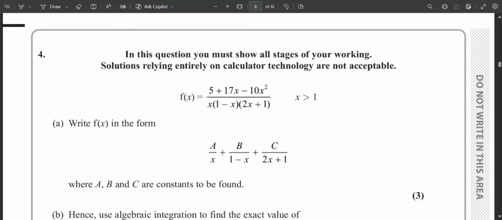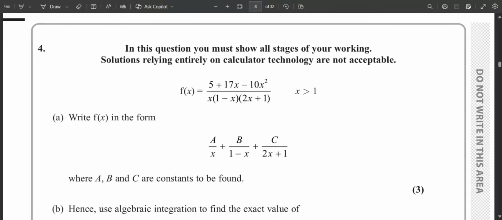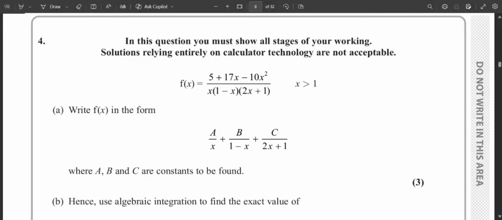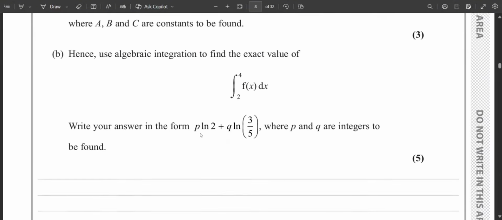We can see that we are given a function f(x) is equal to 5 plus 17x minus 10x square divided by x into 1 minus x into 2x plus 1. Now for part A, we have to write f(x) in the form a by x plus b by 1 minus x plus c by 2x plus 1. We have to write our function in terms of partial fractions. Our function f(x) is a combined fraction, and we have to write it out as partial fractions. So to do this,